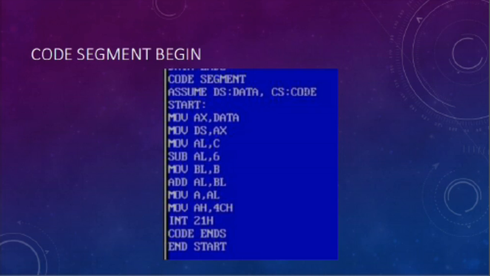So we have to assume that data is the name given to the DS register. Now the next line is start colon, which is nothing but a label which shows the starting point of the code written in the code segment.